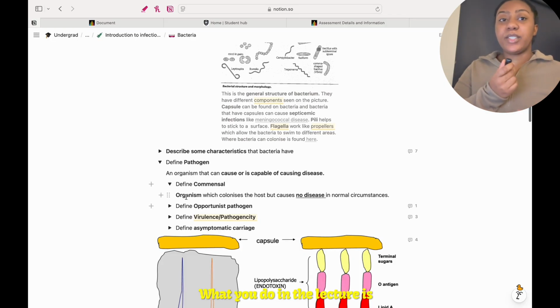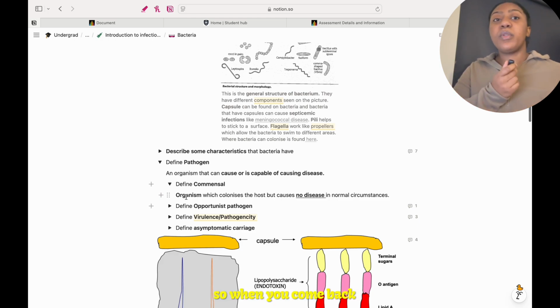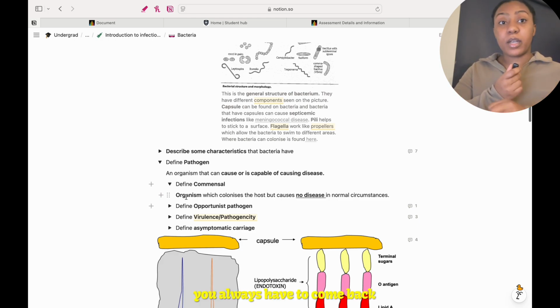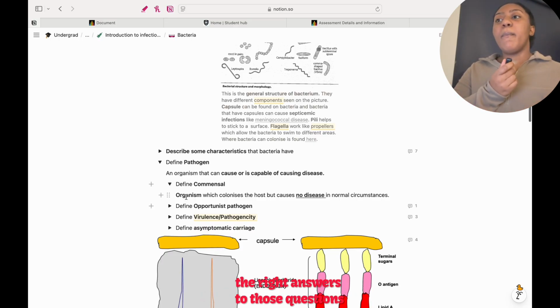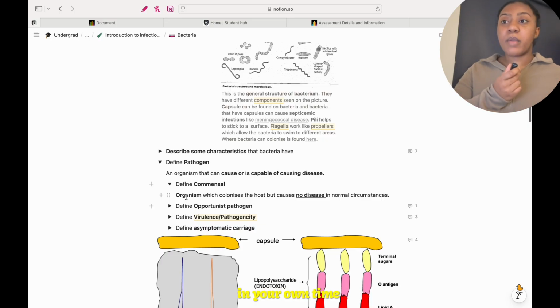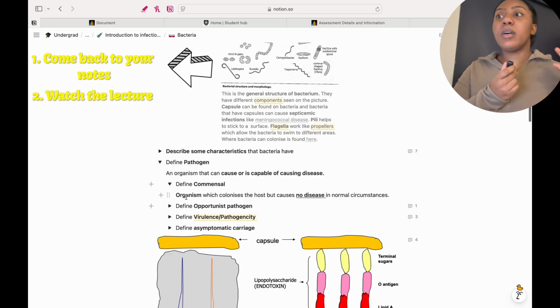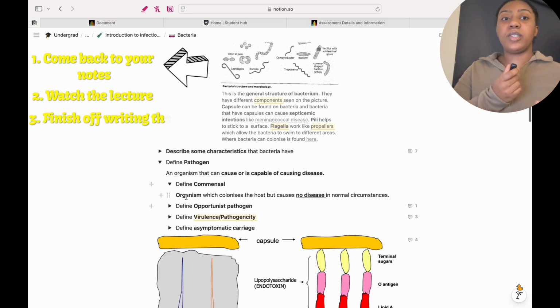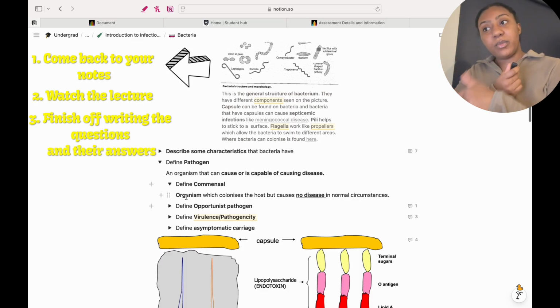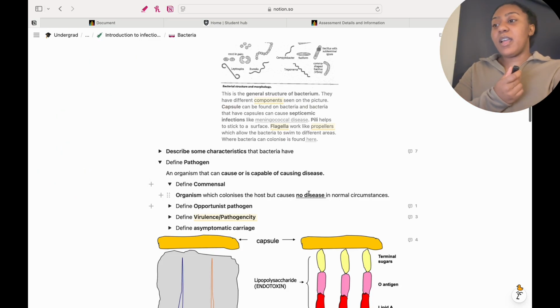What you do in the lecture is you're creating the questions there and then. So when you come back, you always have to come back to actually write your questions full out and make sure that you have the right answers to those questions. But once you've written all those questions in the lecture, in your own time, come back to your notes, watch the lecture, and finish off writing the answers to the questions, then add whatever resources that you need. And that's how